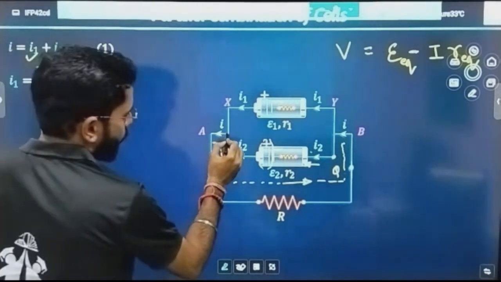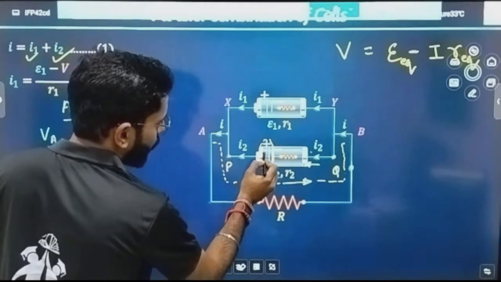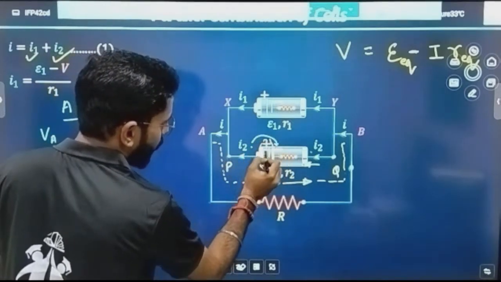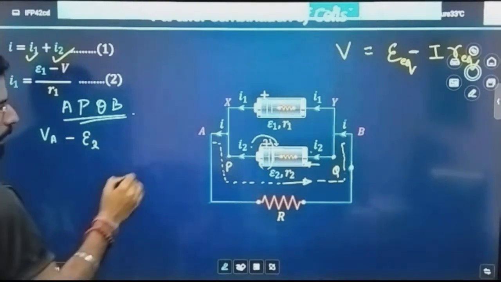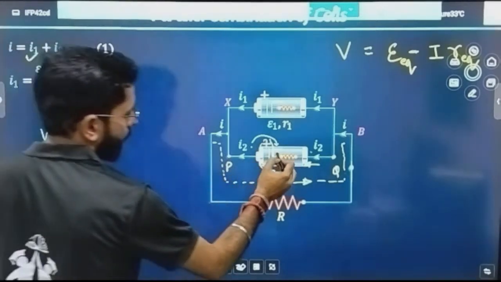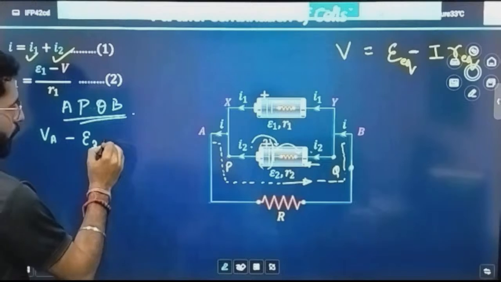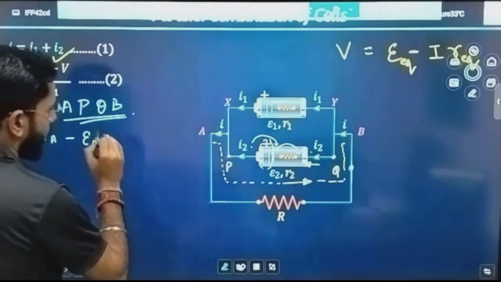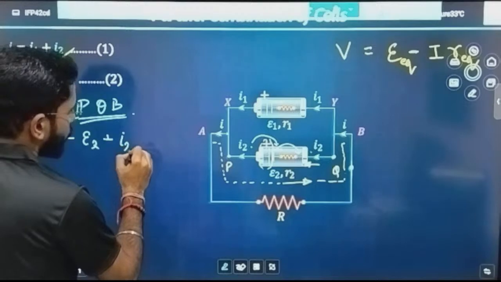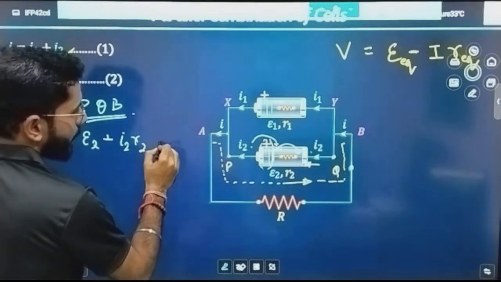VA. This point is at VA. Now what is the next thing coming in your way? The next thing coming here is the battery. You are going from higher to lower potential. That means again you are going to write minus E2, and then the next thing is the potential difference across this resistor R2. How will you be writing it? Plus, because you are going against the direction of current. Correct? Plus I2 into R2 is equal to